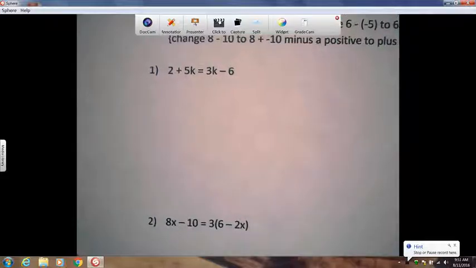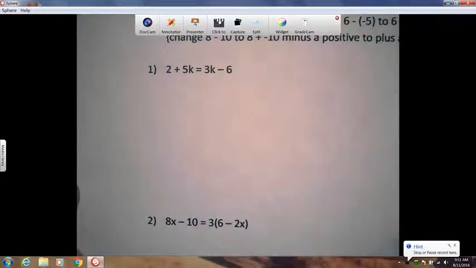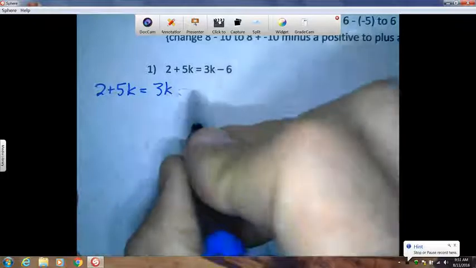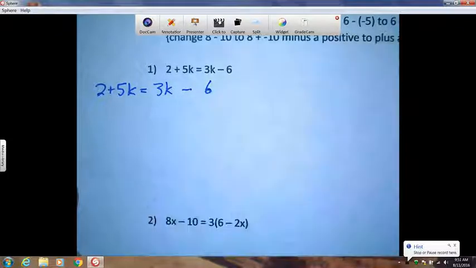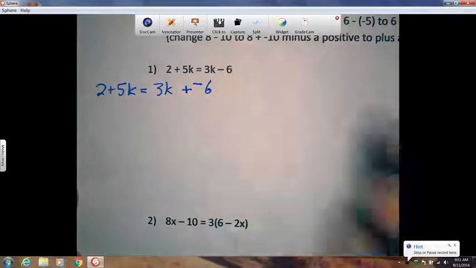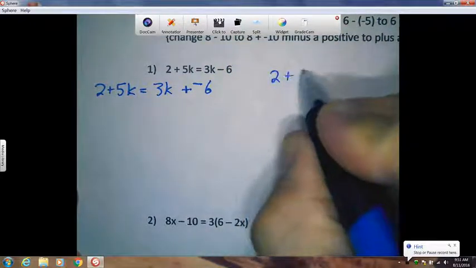So I'll show you a couple different ways to solve these. Then they're the exact same, and both of them work. So first thing I'm going to do is I'm going to rewrite this, but when I do, I'm going to use addition of the opposite. So I have minus 6. Remember, I don't want to leave it as minus 6. I want to make 2 marks with my pencil, plus a negative. So just to show you a different way over here,